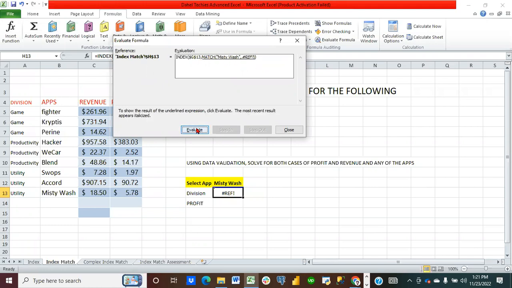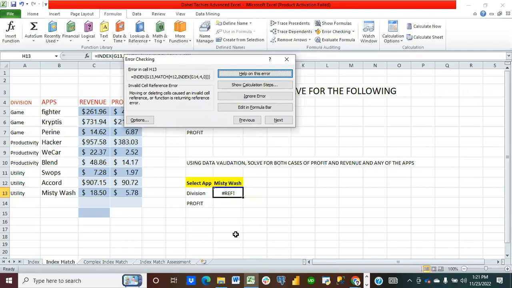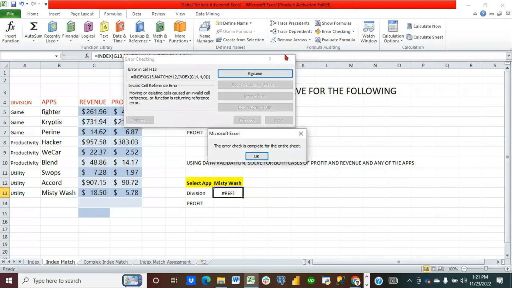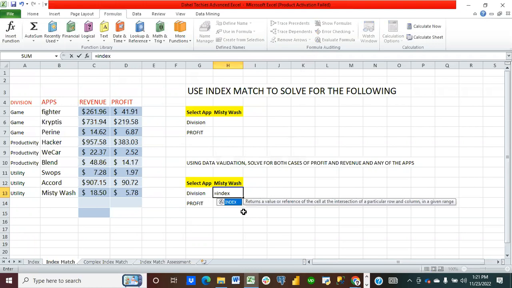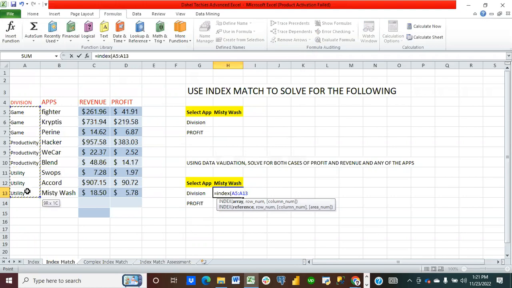Wrong, right? Evaluation. From here down, they have underlined it for you. It's totally wrong. So now let's do this. Equals to INDEX, bracket open, is asking for the array of division. So we're going to get the index array of the division, and then we are going to call in